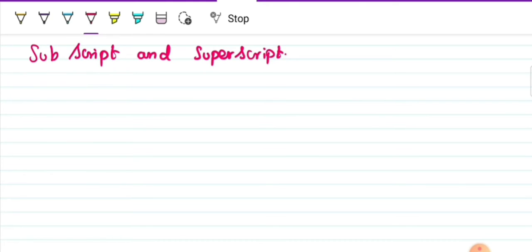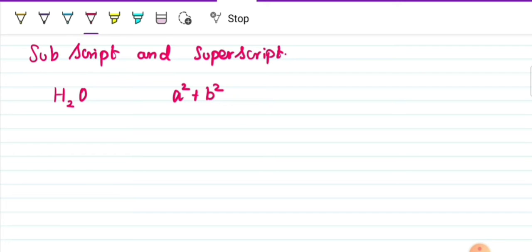To display that also you have some tags. What do you mean by subscript? It is displayed below. The simple example is H2O. That is your subscript. For superscript, you can have a square plus b square, like that. To the top of the text, you have a power symbol, that is your superscript. Below, display means it is your subscript.